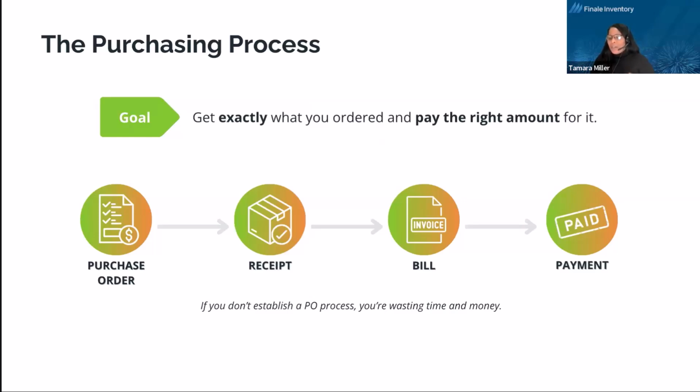Now, one of the things that I myself commonly will tell a business is that I know that it can be really tempting at times to just simply send a quick email and say, hey, I need more of this particular stock. But here's the problem. It's really difficult to track what's been ordered and when it should arrive without a proper process or a proper purchase order, right? So it's also not scalable because if you are in that place where your business is growing and you're already feeling some of those pain points,